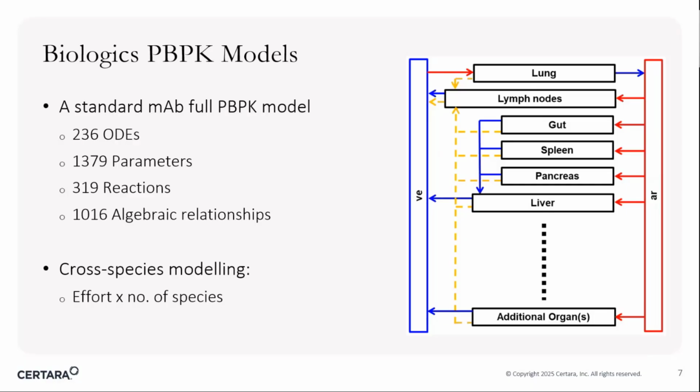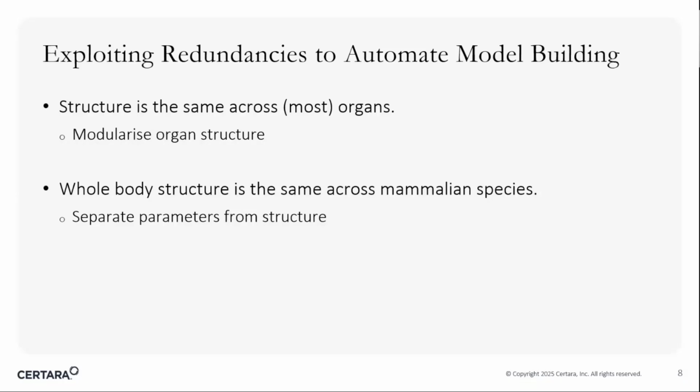And this is what we have addressed in the Biologics PBPK platform in Designer. So what we thought about is that we want to automate biologics PBPK model building, and this automation exploits the redundancies that we have in the model. So the first thing that we can use to our advantage to automate this model building is the structure similarity across tissue organs. So almost all organs have the same 4 compartmental structure, which means that we don't have to